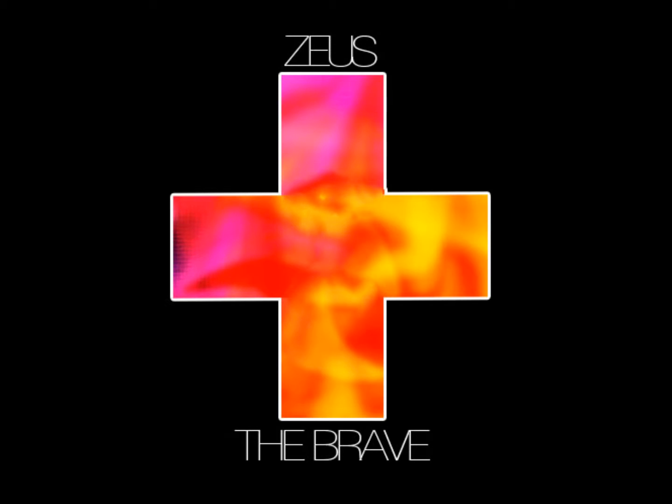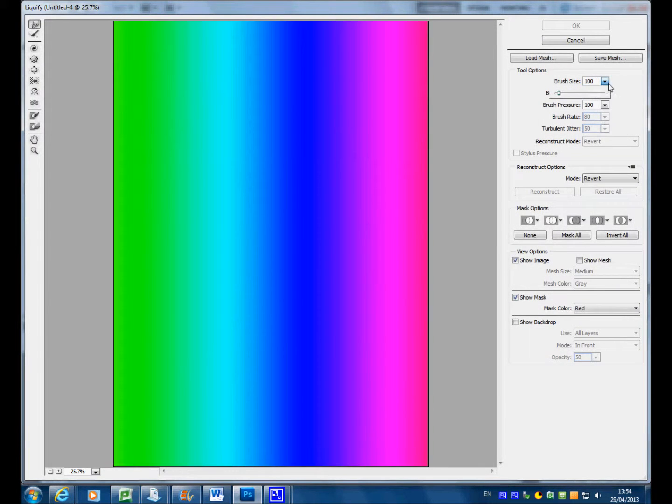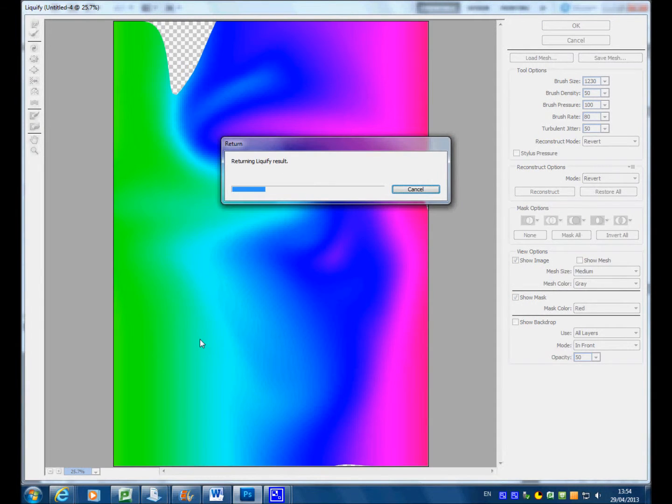To make the album cover on my contents page, I would create gradients and then use Liquify to make them look like lava or melted. I would then merge the layers together to create the inner assortment of colours. After that, I used two rectangles to create the X and then cut the liquefied gradients into it.